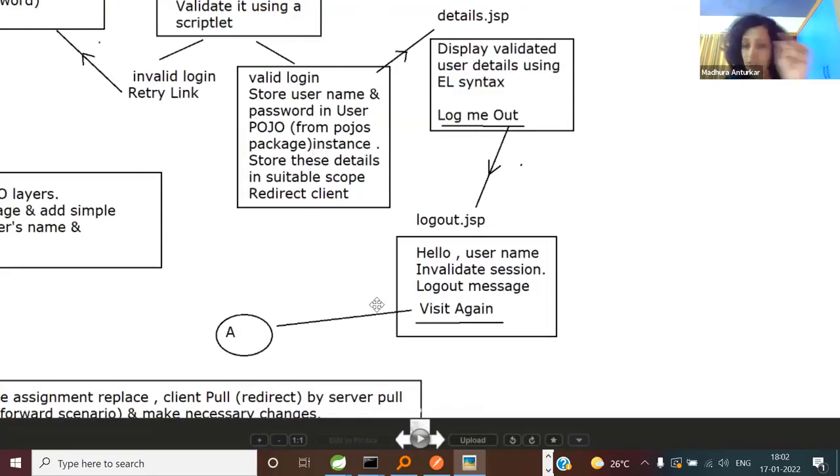So what it will be? Dollar, curly braces, session scope, dot user details, dot name. That's it. No getters to be called explicitly. And what will it internally call? Session scope dot get. In goes the key in that inner map. Out comes the attribute value, which is user pojo, dot get name.